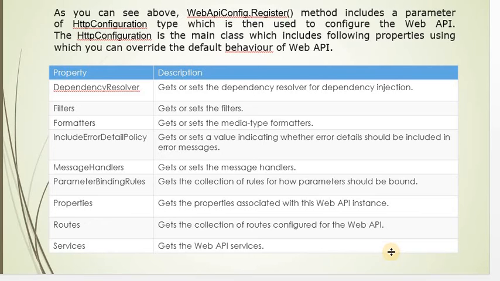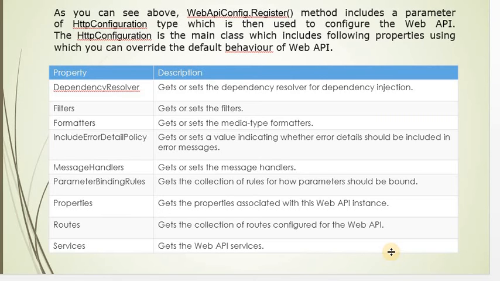There are different properties included in the HttpConfiguration for the Web API behavior. The first one is DependencyResolver, used to get or set the dependency resolver for dependency injection. This point we will see in the next lecture.